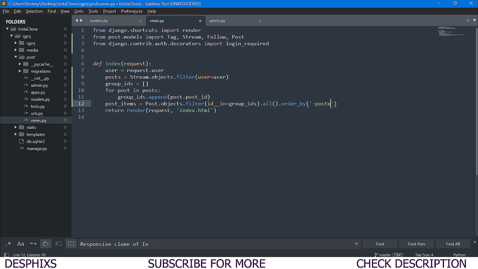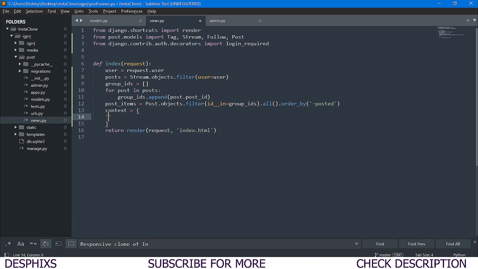So this is simply going to make the latest post be at the top. If there is no hyphen at the back, or minus, then the latest post is going to be down. So hopefully you understand. Don't worry if you don't, I'm still going to go through what they do. Now we can either use a template loader or something, but since I'm using return render, it's still the same thing. We're just going to stick with that.